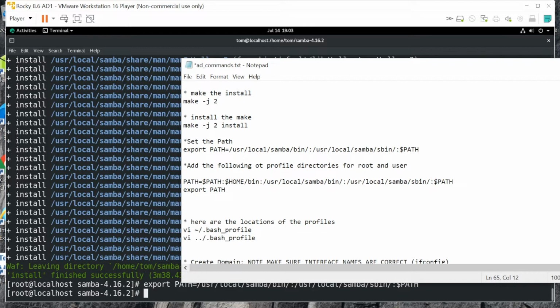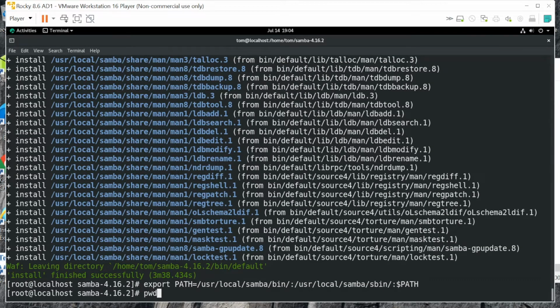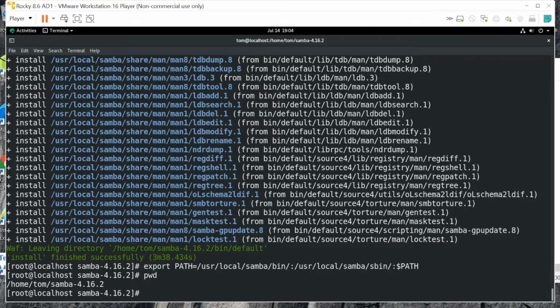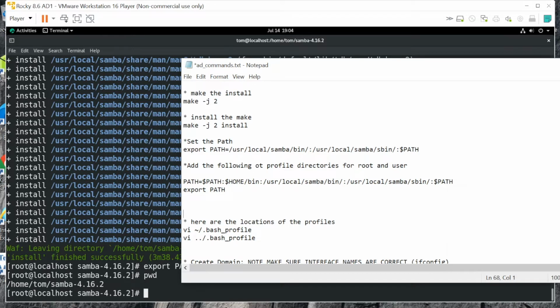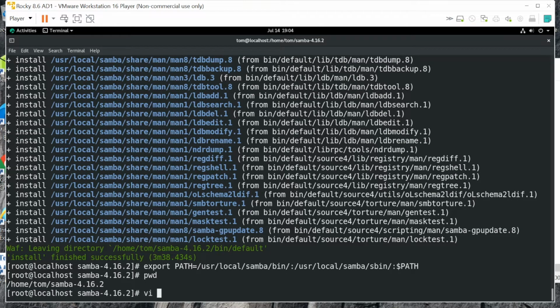The tilde means your home directory, right? So we're su to root, so that'll take us to root's home directory. So we're going to update the root home directory, and then we're going to update the one for my login, my local user, which is Tom. And this just means go back one directory, which will be the Tom directory. If I do a pwd here, it'll show me I'm in Tom Samba. So when I switch out of Samba, I'll go to Tom. So dot dot takes you back one directory, a slash, and then dot bash profile is the name of the file. So we're going to do a vi tilde slash dot bash